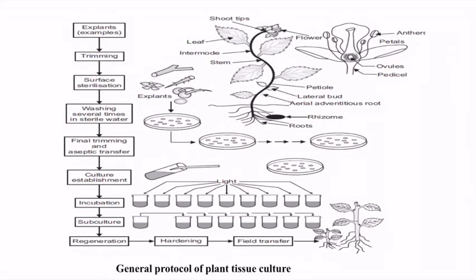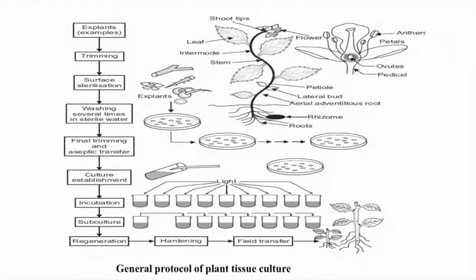According to the crop, the media in those pots is maintained, and this is kept in a greenhouse for 6 to 8 weeks. This is called primary hardening. After that, these plants are transferred to poly bags filled with potting mixture and then grown under a shade house for 6 to 8 weeks.